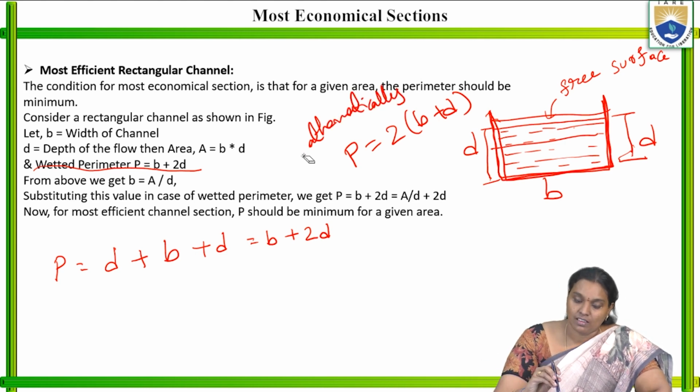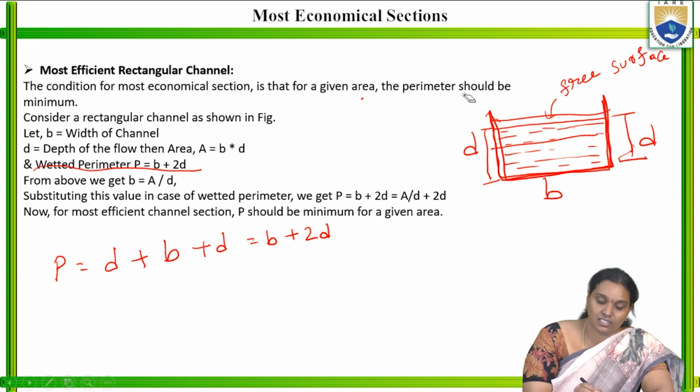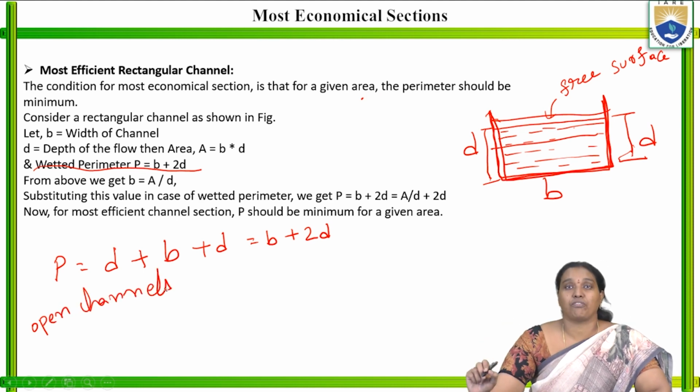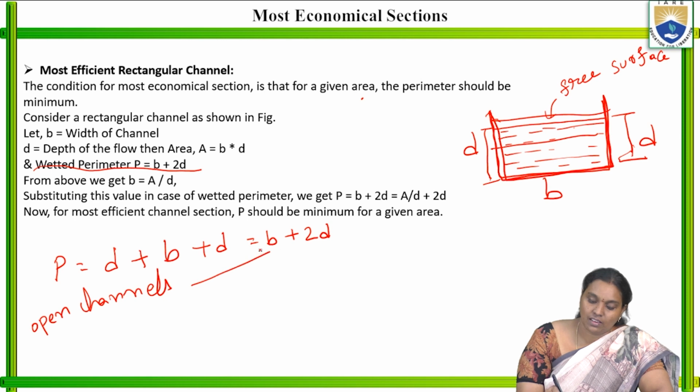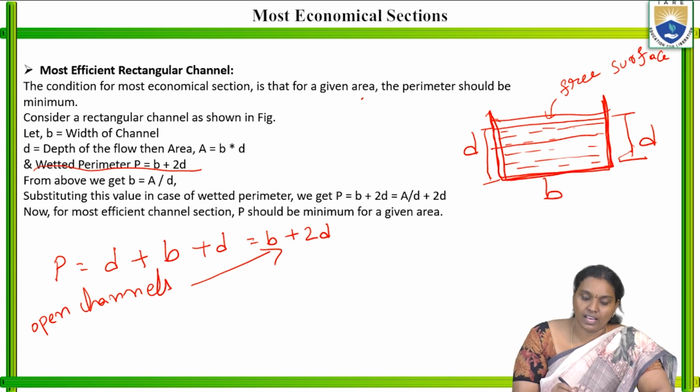Mathematically, this is the perimeter. But coming to the open channels, the other side, the width of the channel, is not included; it is open to the surface. So this is the wetted perimeter. So from all of these, we know area is equal to